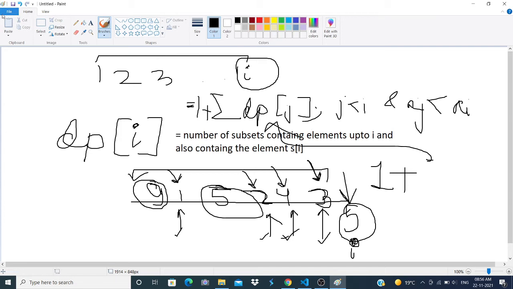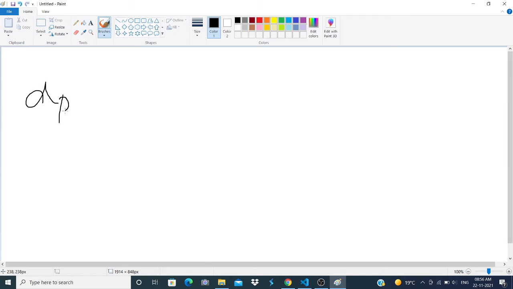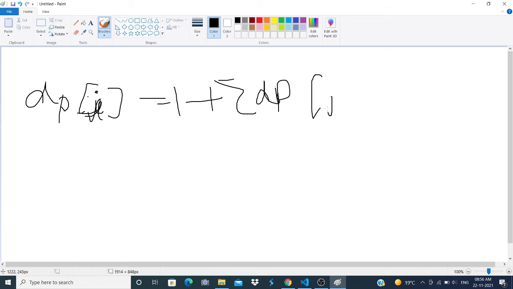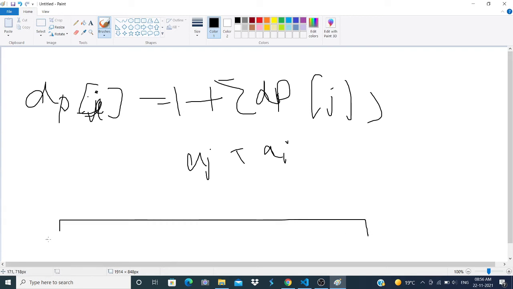And this can actually be implemented with a binary index tree. So now you know that for calculating dp of i, we simply do 1 plus the summation of dp of j, where aj is lesser than ai. So what we do is we make a binary index tree, a Fenwick tree of length 1 to 20,000, because the maximum value of ai can be 20,000.